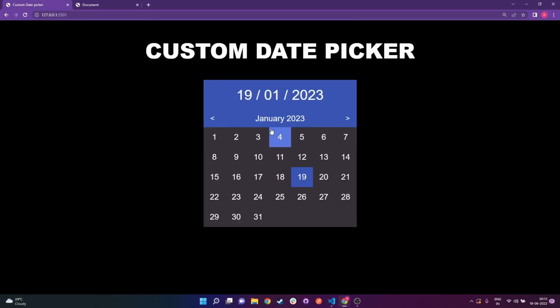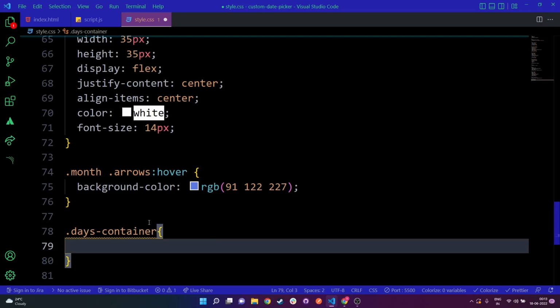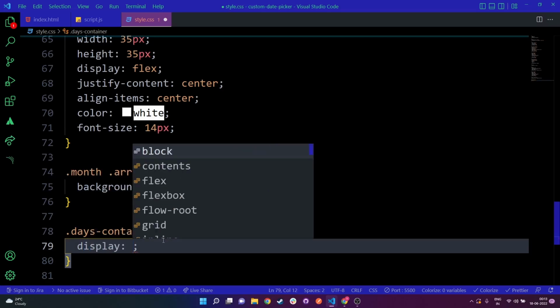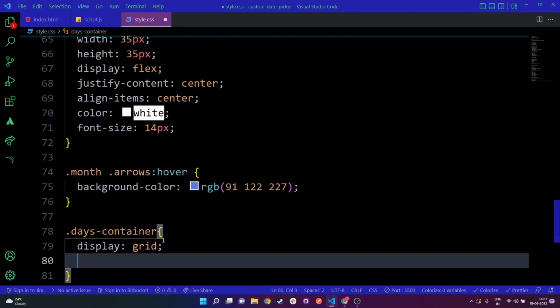As you can see over here, each week has 7 days, right? So we need to make sure that we divide this part into 7 subparts. To do that, we can just use display grid provided by CSS to us. So that's going to make this thing pretty easy. So what I'm going to do is write display grid, and then I'm going to say